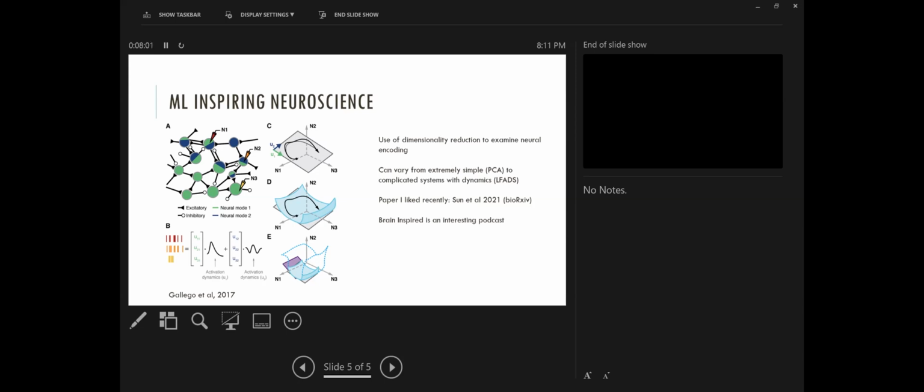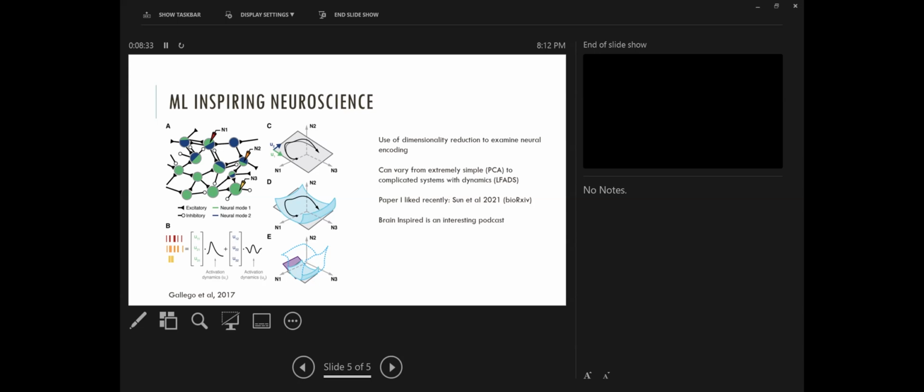These can be from the simple methods of dimensionality reduction, like principal component analysis. But you can also have very, very complicated ones that introduce all sorts of things like dynamics to the system, and no guarantees of linearity or normality between the different vector spaces and whatnot. One very interesting technique to do that is what's called LFADS, which is based off of some really cool neural